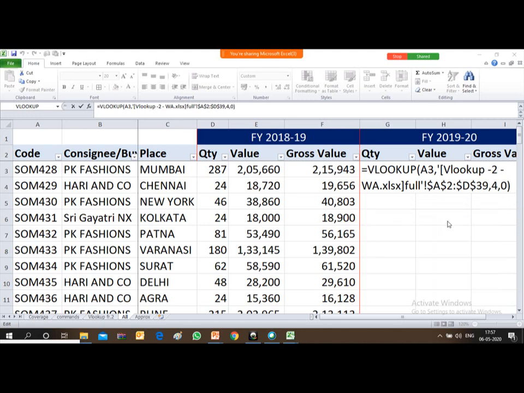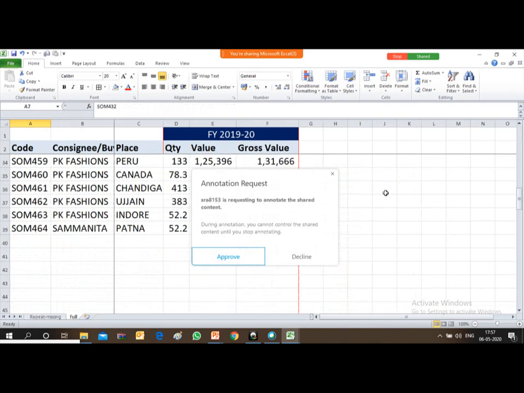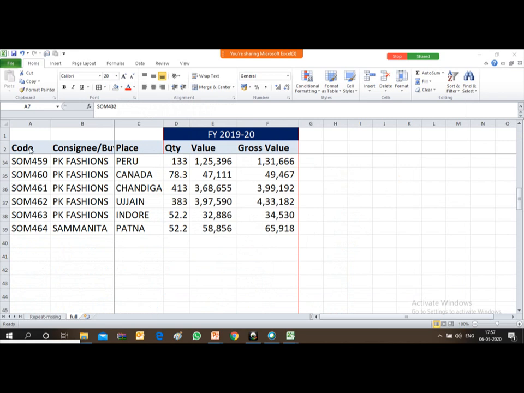So, just press enter. I've completed the formula. Then I'll press enter. Sorry, column number 4, which is the column of quantity. See, in the column number 4, if you go to the next file, go to this file.